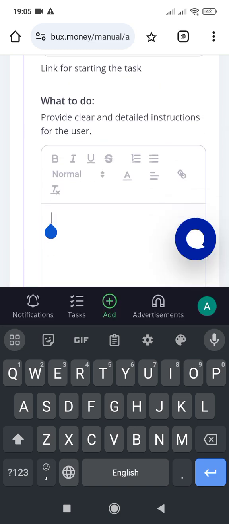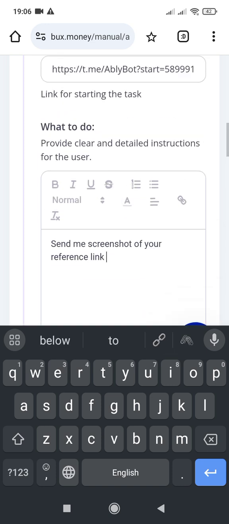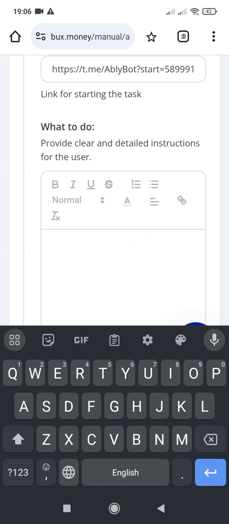So you tell them what to do. You write, send me a screenshot of your referral link. You write this thing right here. You tell them what to do by writing